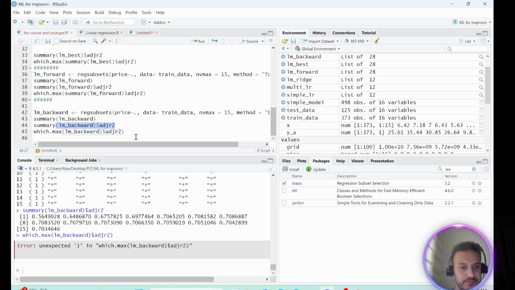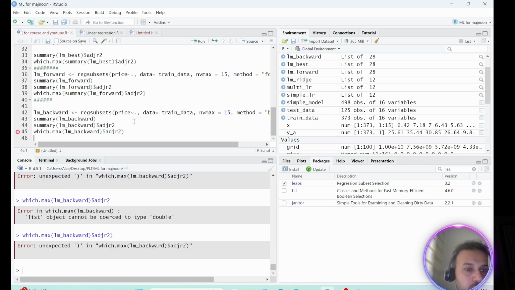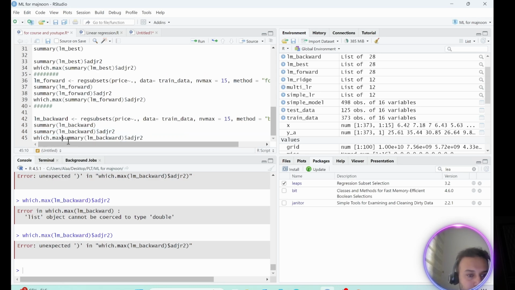Okay, it's supposed to be just close this one. lm matrix, lm backward. Where is the summary? Yes, that's why. Sorry for that. Max the summary, and then I'll give you